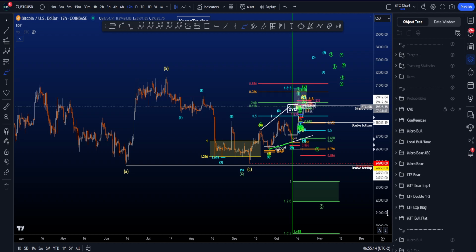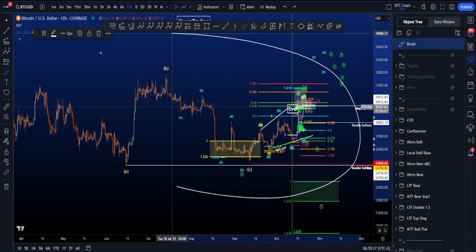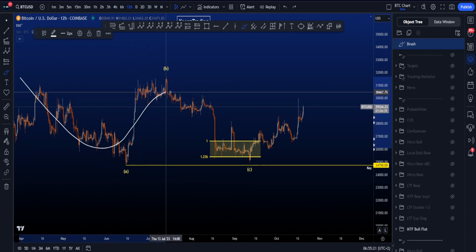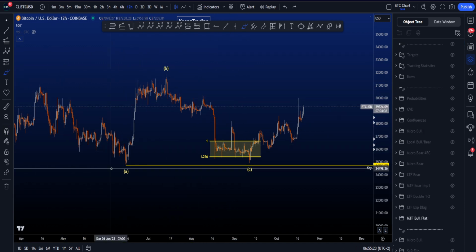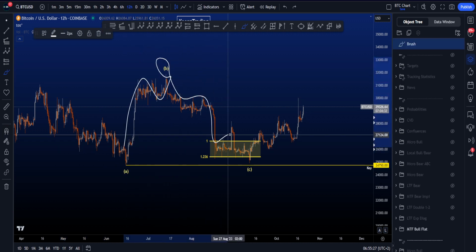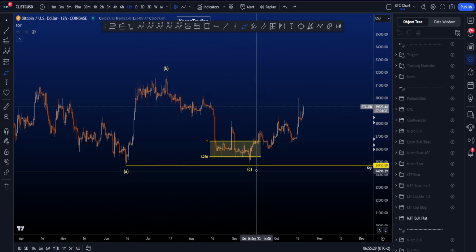Hi everyone, let's go over my bullish and bearish Elliott Wave scenarios on Bitcoin. Starting with my medium time frame bullish scenario, where we're looking for a flat structure in a running flat ABC with a zigzag in wave A, zigzag B, and eventually a 5-wave move to the downside in a wave C,